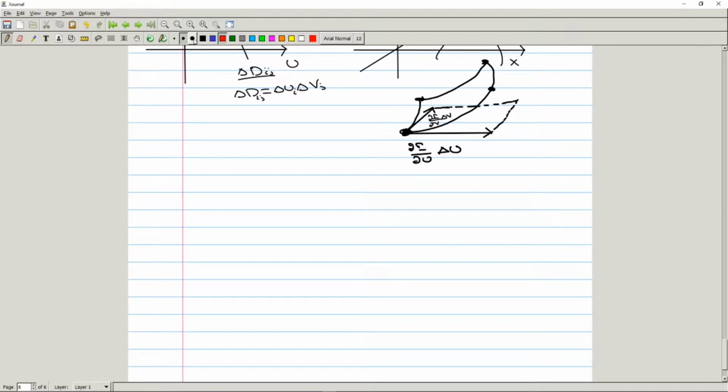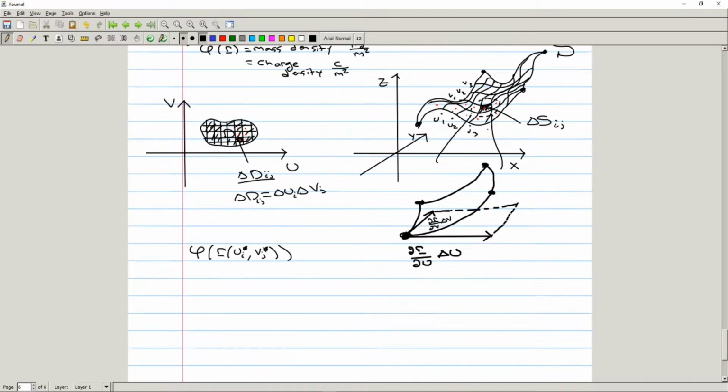So we have to evaluate the scalar field, we'll call it phi, on r of ui star, vj star, where ui star, vj star is some sample point inside each one of these subintervals. So we choose one sample point. It could be the left corner point, the right corner point, the midpoint, but the idea is that